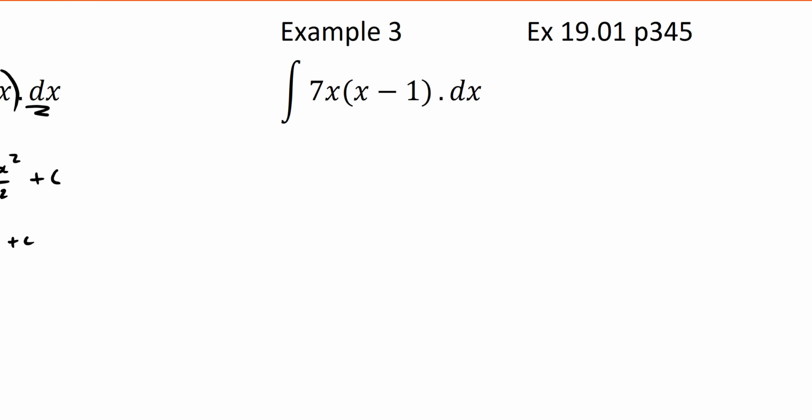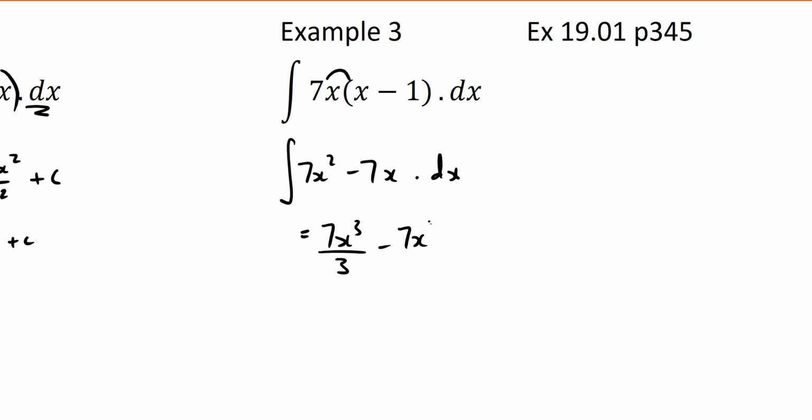Next one here, guys. What about this one here? What am I going to do with this one? Expand the brackets first. So I'm going to be integrating 7x squared minus 7x with respect to x. When I integrate that now, I'm going to get 7x cubed over 3 minus 7x squared over 2 plus the